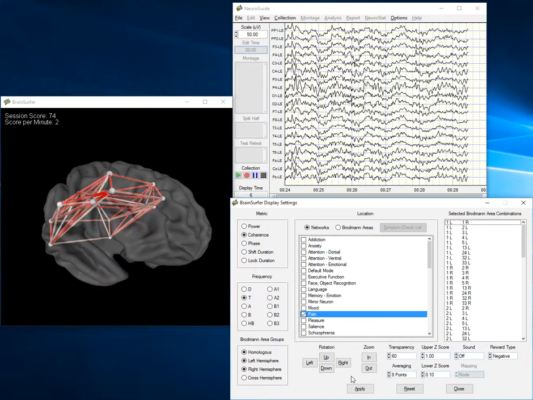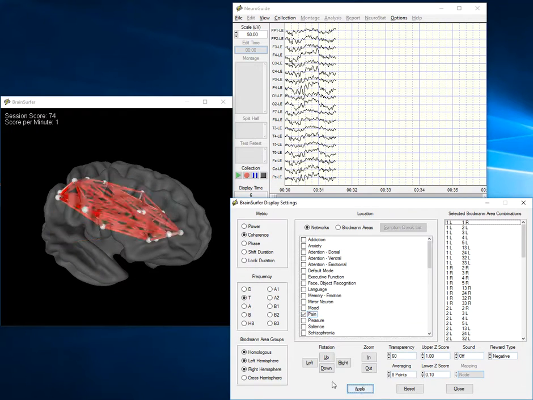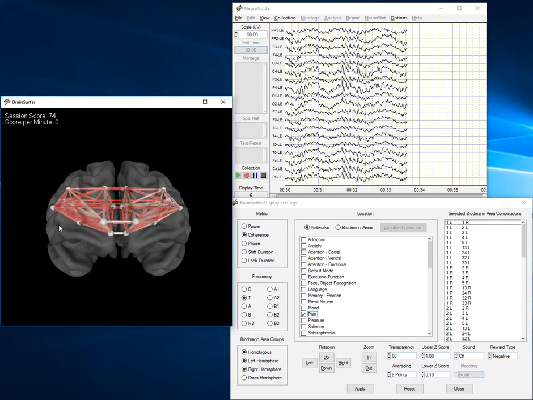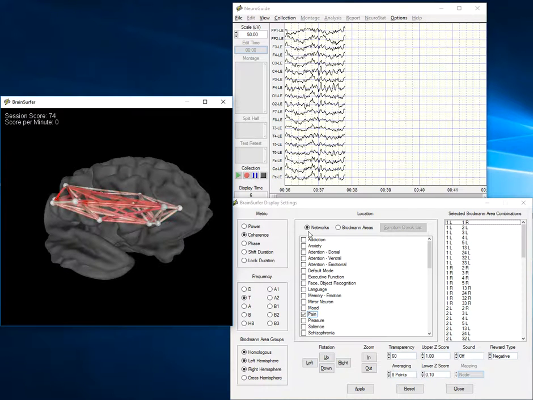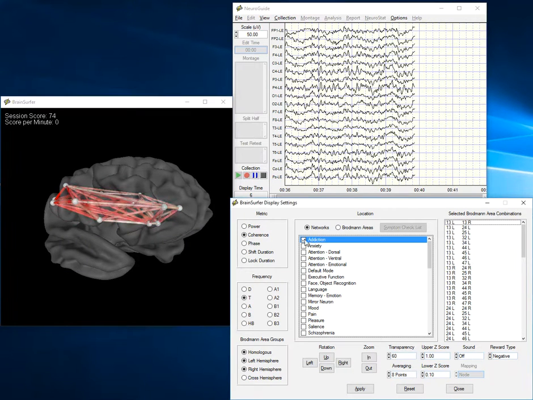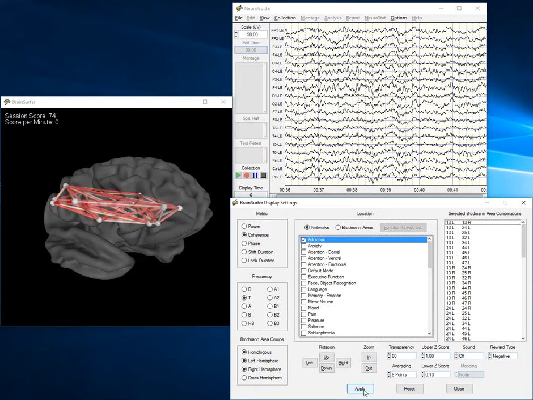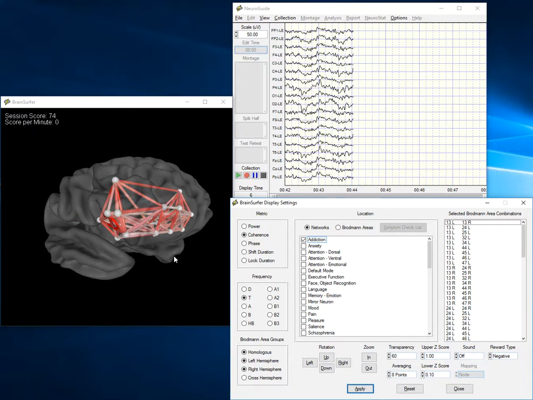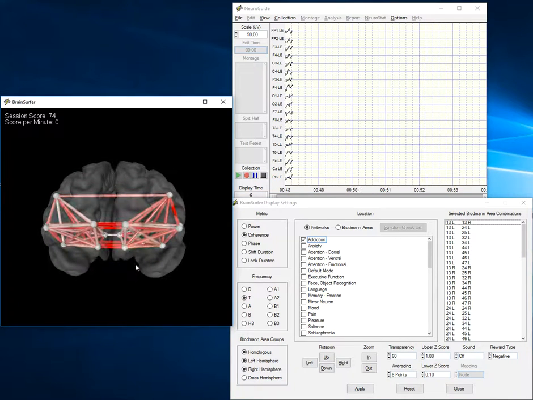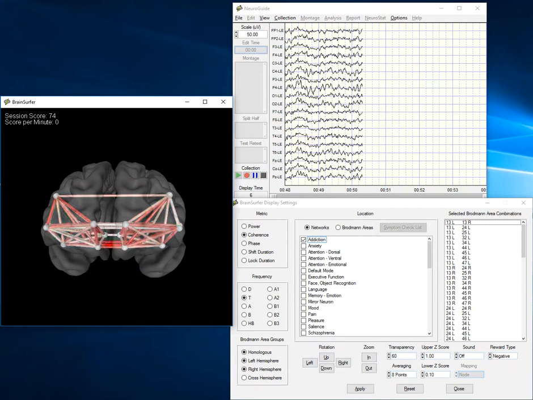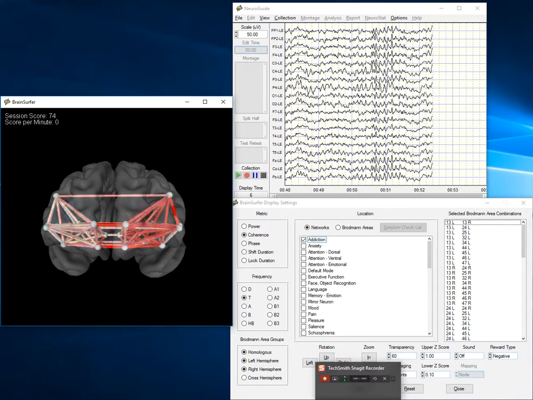Pain, this is the pain network. So we can treat a variety of different networks that correspond to symptoms, depending upon the severity of the symptoms, and to help improve the mental health of the patients through biofeedback using methods such as this. This, again, is the addiction network. And so I was able to demonstrate the